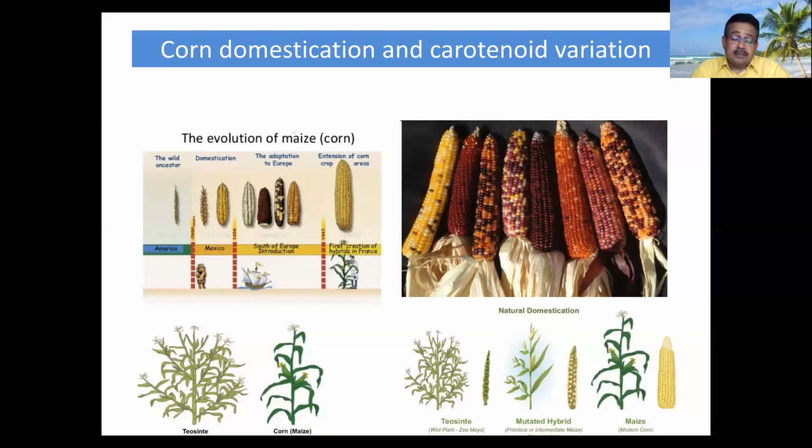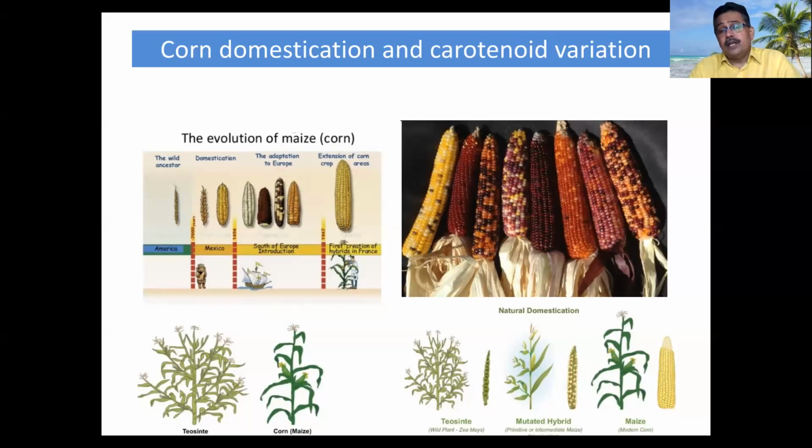During the process of domestication, we lost the nutritional trait like beta carotene, because beta carotene is a source of vitamin A. For people suffering from vitamin A deficiency, beta carotene is an important component. You can eat carrots or other vegetables which have high carotenoid content and supplement your food. But if you add carotenoid in your staple food itself, then there is no need for supplements. People want to transfer carotenoid into staple crops that people consume more frequently, like rice, maize, and wheat. By that, the availability of beta carotene will be no problem.